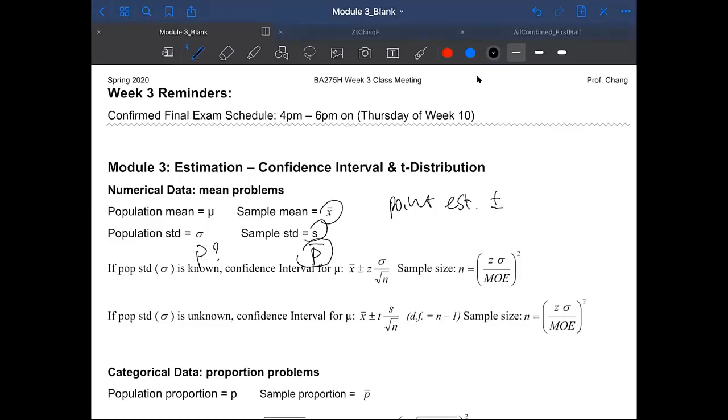So what is that quantity that's called a plus minus? What is it called? Margin of error. Margin of error, right? Okay, sorry. Great. I have a dual monitor and it's really confusing. Okay, so margin of error.